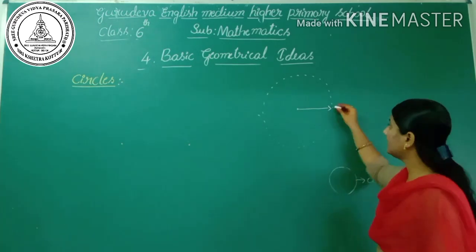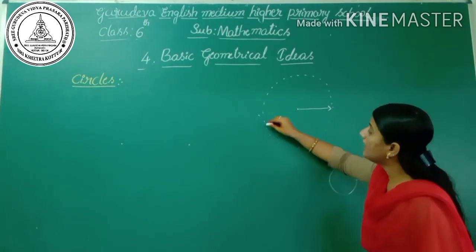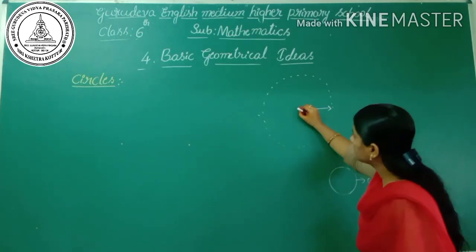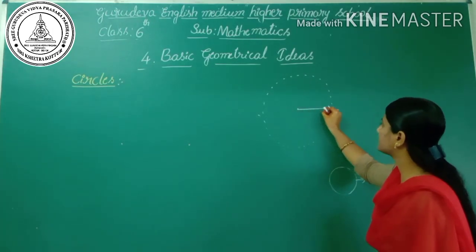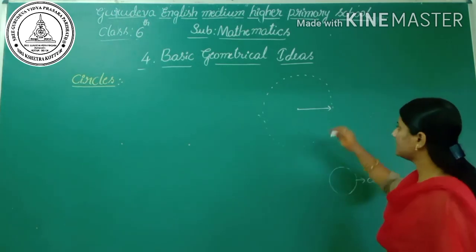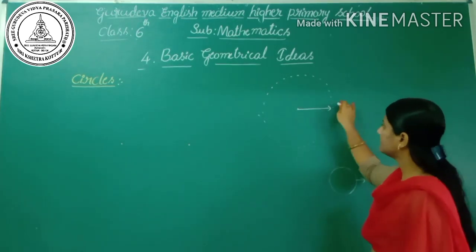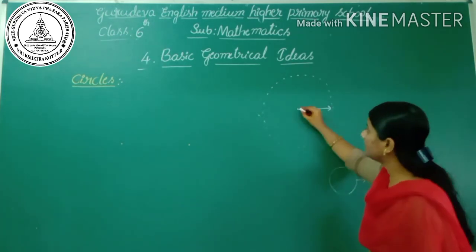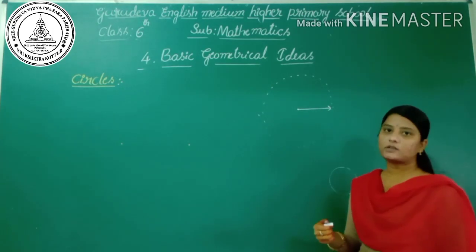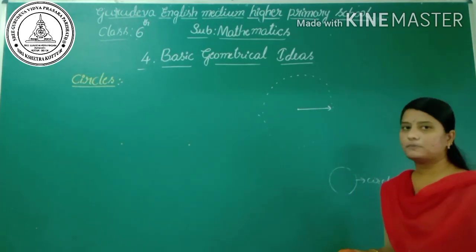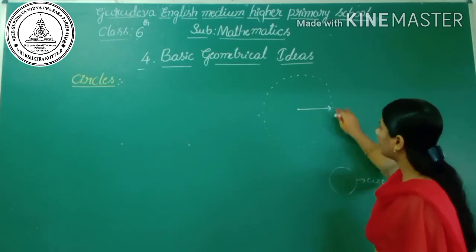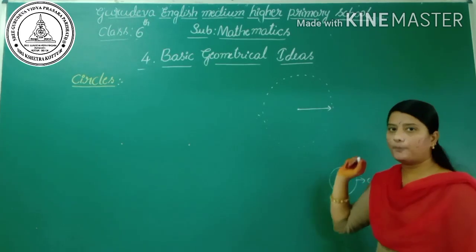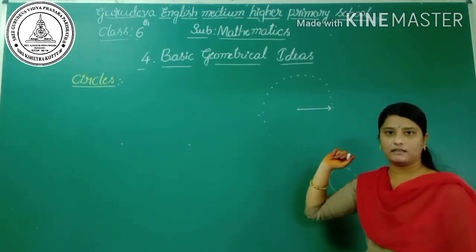Yes, you say that a circle is a path of a point at the same distance from a fixed point. Here it is a fixed point. It is the distance. It is the same distance. So once again, a circle is the path of a point moving at the same distance from a fixed point. What is meant by circle? The circle is the path of a point moving at the same distance from a fixed point. Then it is called a circle, right?